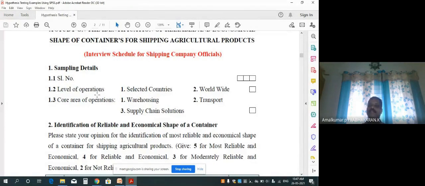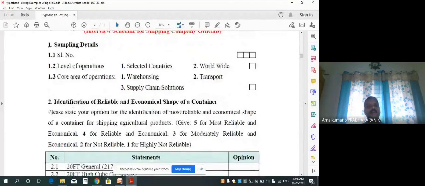Based on that, first they are measuring the level of operation. And the second question is the core area of operation. There are three core areas: warehousing, transporting, or supply chain solutions. These two questions are the nominal variables for collecting the data. And the second major question is